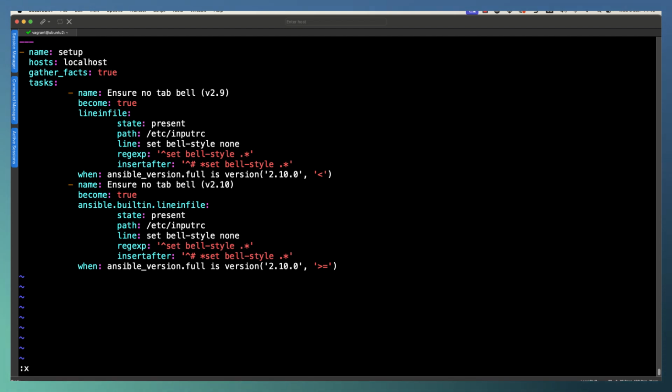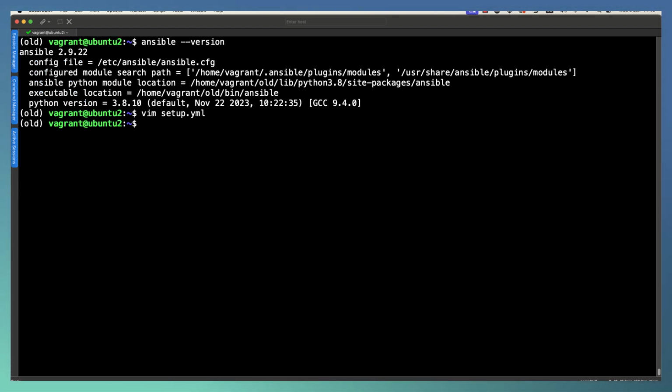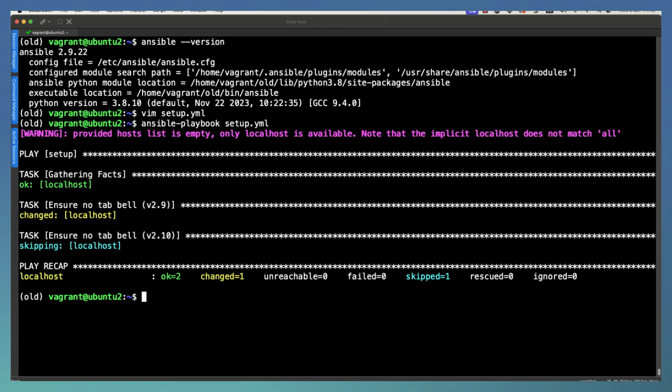So let's dive out, save our changes, and then we can run it inside of our virtual environment where we've got Ansible 2.9. We can see then that we've run the task for version 2.9, but skipped the task for 2.10. So this is good. It's done what we expect it to do.